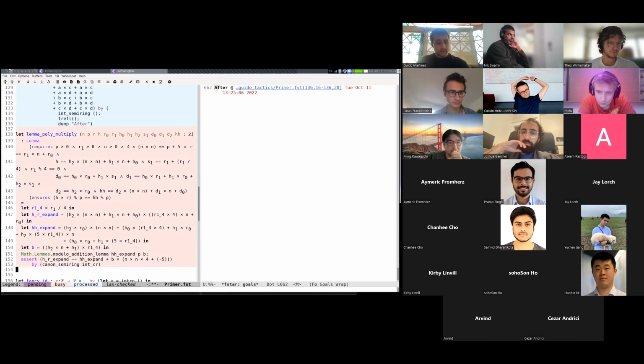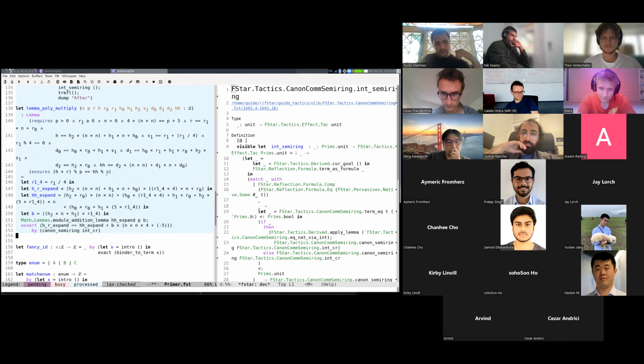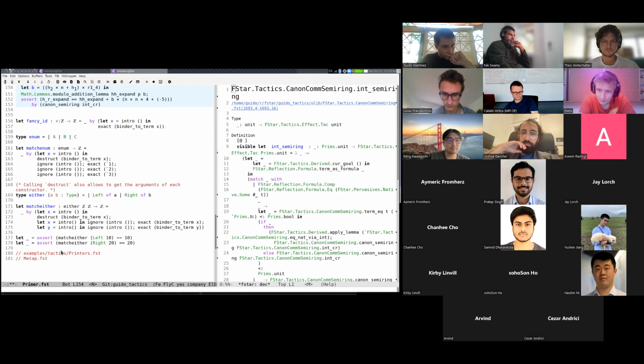But yeah, and here's the lemma that I showed you in the slides of this function from Poly1305. Again, we call this canon_semiring NCR. This is just an alias for that. This is really just defined as, well, doesn't matter, but it's defined as canon_semiring NCR. So this lemma is really just doing the same thing. And so I think,